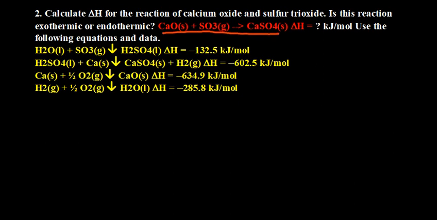The question says calculate the change in enthalpy for the reaction of calcium oxide and sulfur trioxide. Is this reaction exothermic or endothermic? Use the following equations and data. You can pause the video and try it out from the basic concept that we've talked about in the first question. It's a puzzle, it's kind of a game. I'll start with the first equation there. If we look at the first equation,